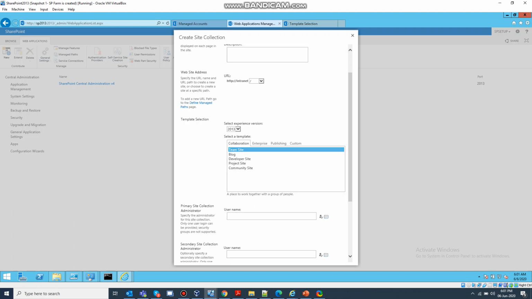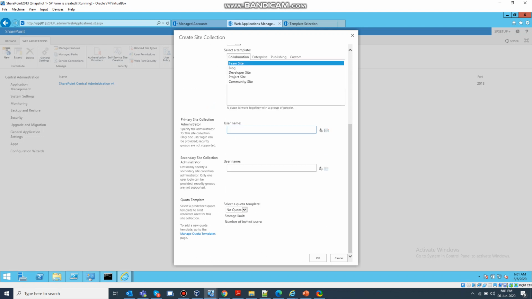So I am creating it as a team site and then providing the administrator for this site collection, that will be the sp setup account, and leaving the secondary site collection administrator empty.